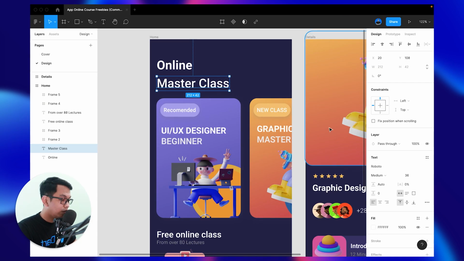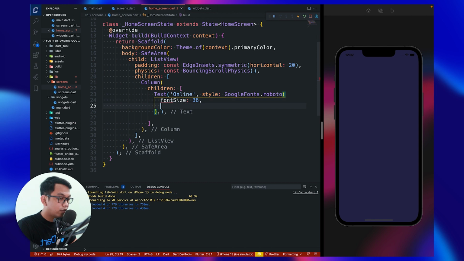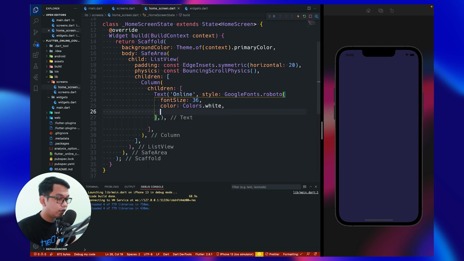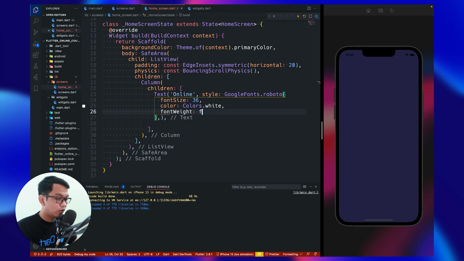Let's see. Yes, that's right. This is the Roboto font, and for the font size about 36, and then for the color Colors.white, and font weight, let's see, this is bold, so just say FontWeight.bold.